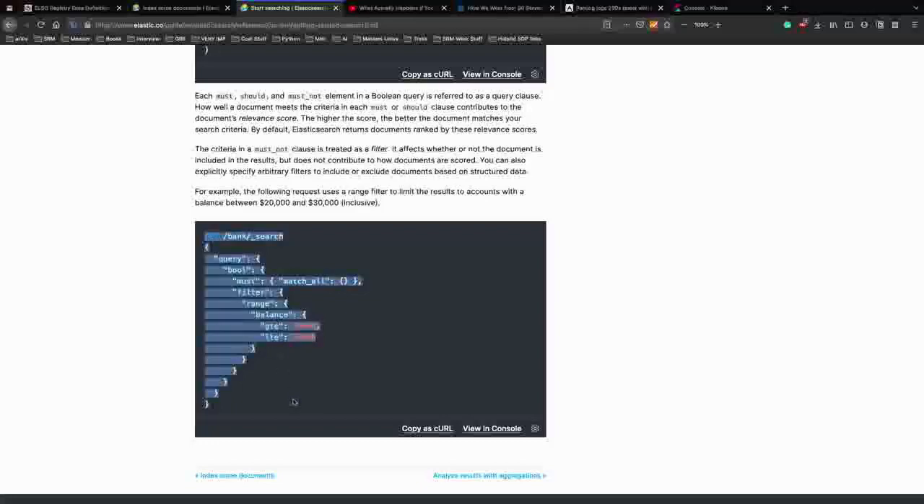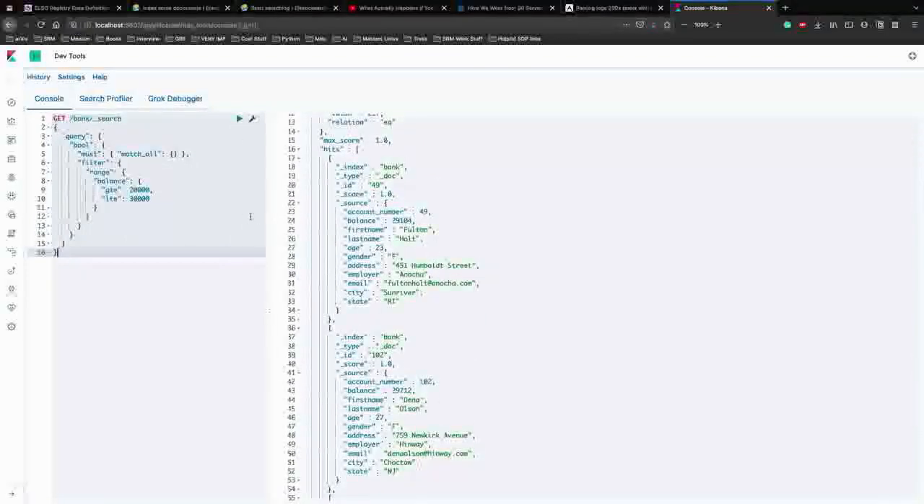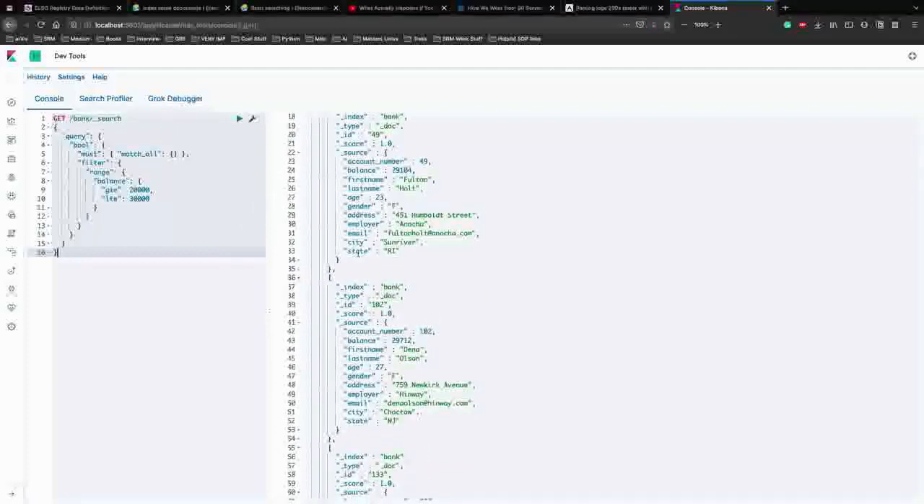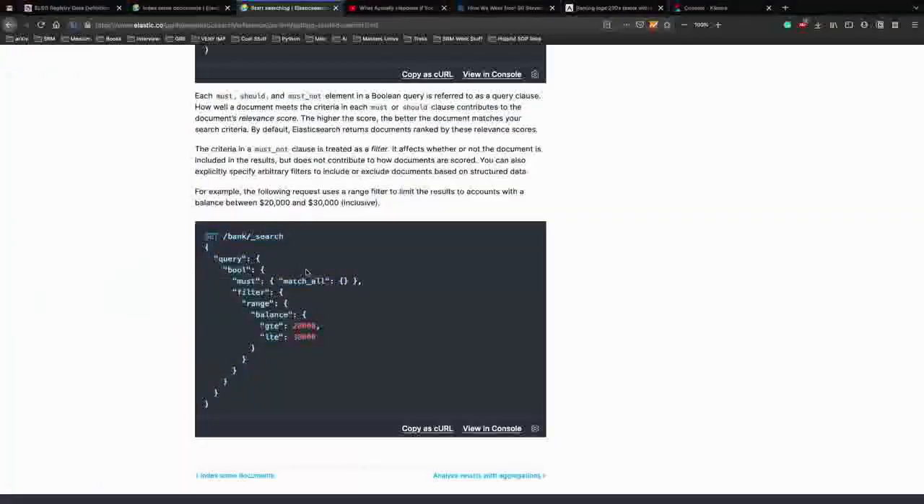So let's copy this and just make sure that it's running again. It should be running. And yeah, as you can see, all the hits here have the balance, which is greater than $20,000 and less than 30. And that is how you actually run or generate simple queries using